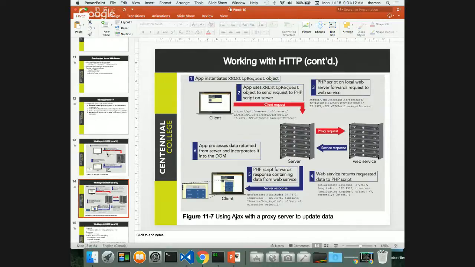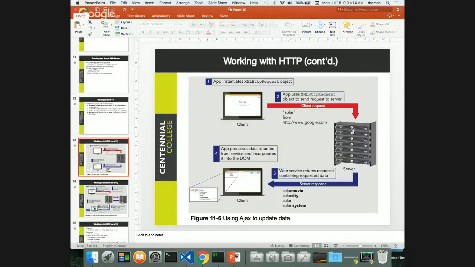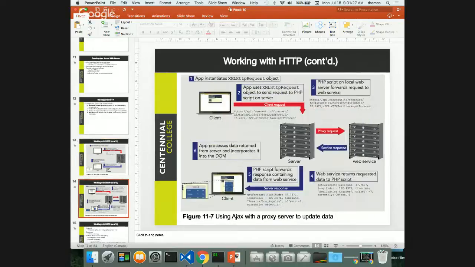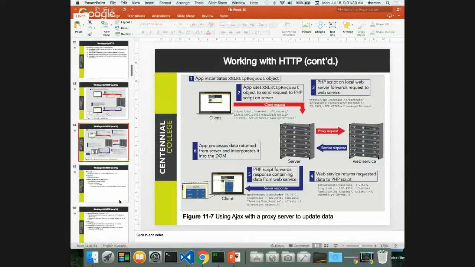So these are a couple of good slides to get you to understand the round trip and what happens. Again, the app uses an XHR request object, right? And then makes the request, the server processes the request, and then comes back with a response, right? And there's more complex stuff where you have an XHR request, a PHP server talks to a web service, which responds with more information, right? But again, you can use this at a very, very high level, and if you really want to get into it, you can certainly